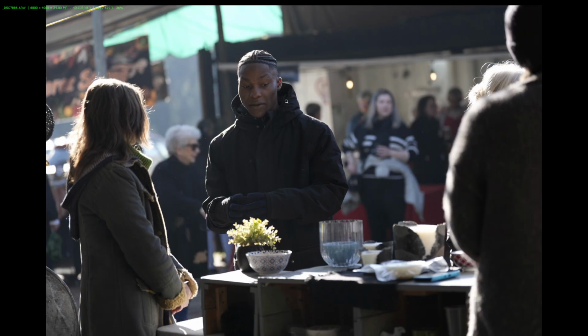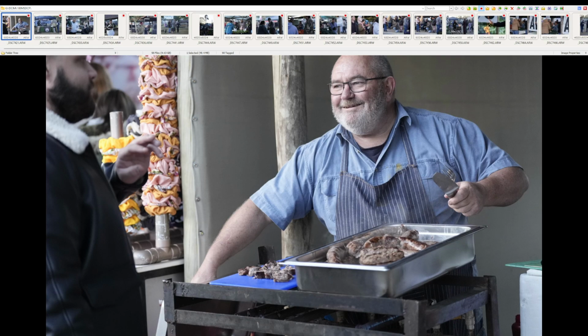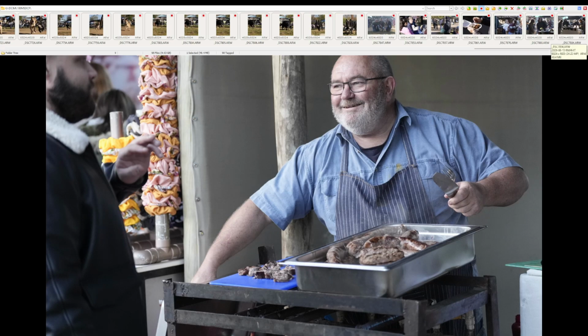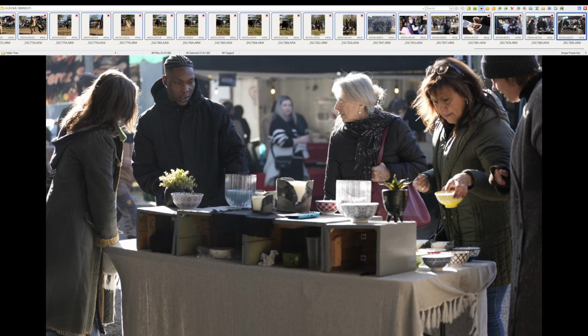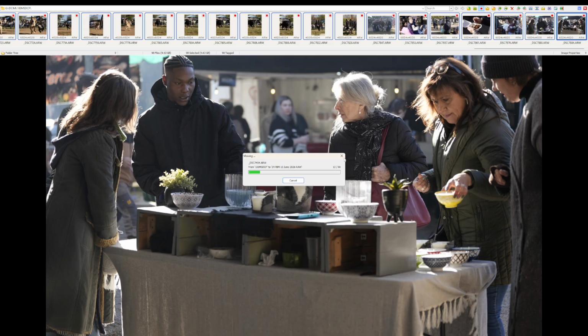There we go. Done with the culling. We'll just go show tagged again. Click the first one, drag it all the way through. Shift, click the last one, move to folder. Now it's going to be the same folder as what the previous files went to. We've got almost 100 files here,